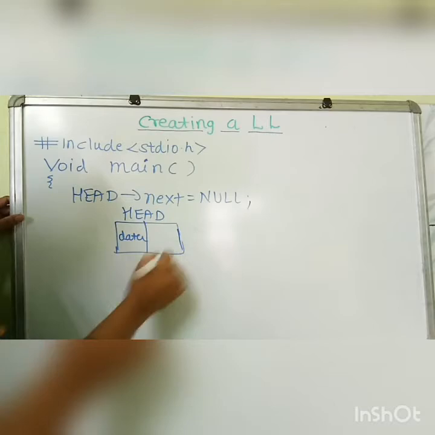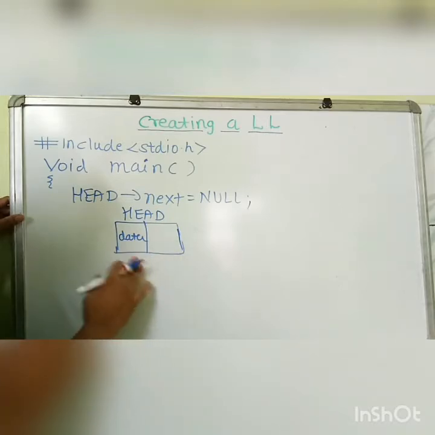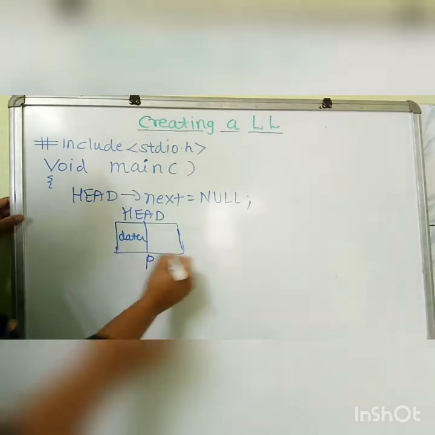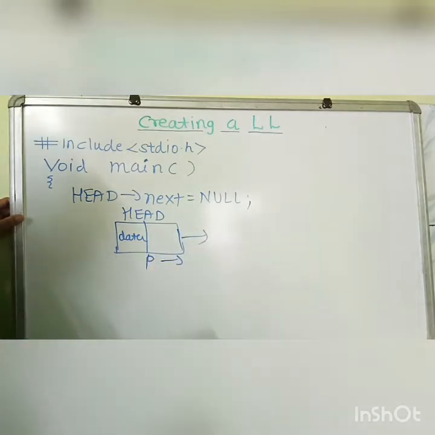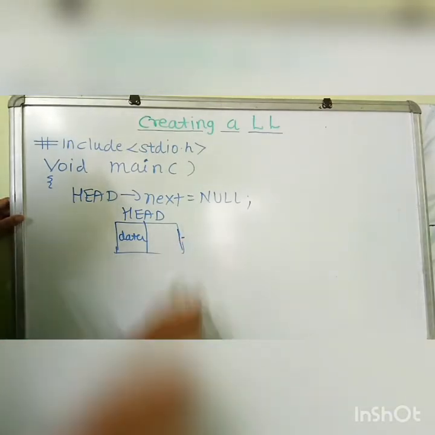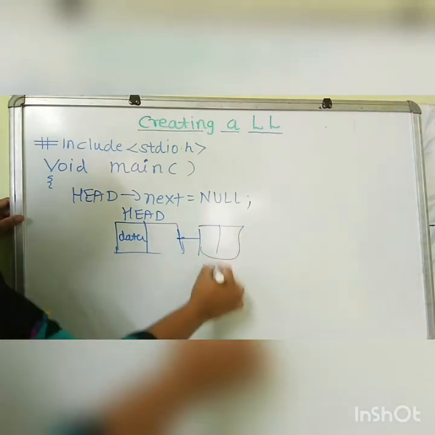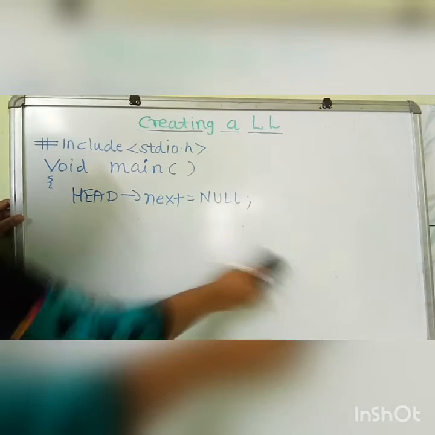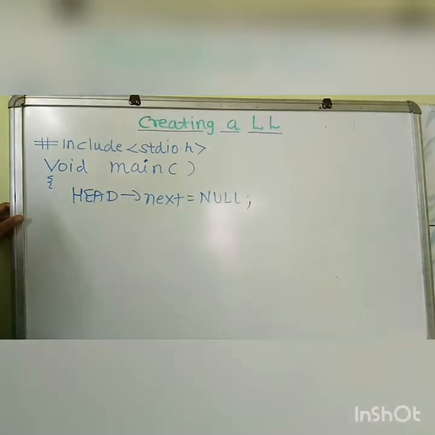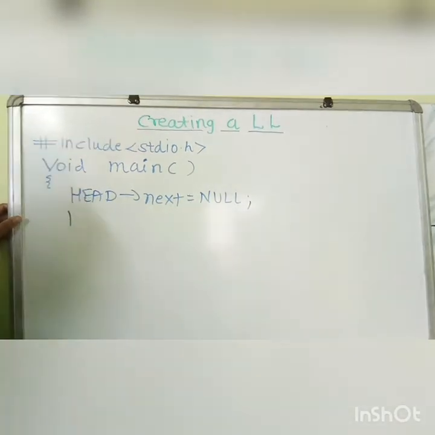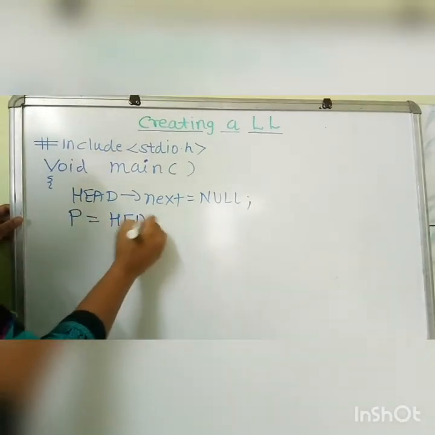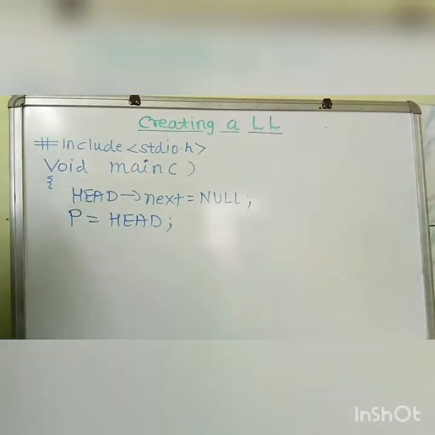which is used only to advance this list through the next members. For example, if we have to insert the next node, then head will be here, then we attach the next node to the p pointer next, then p will be shifted to here, and again p will be shifted to next. So we are using this p mechanism. Now the first step is we have to assign head to p, means p equals head. Now p and head are pointing to the same element.